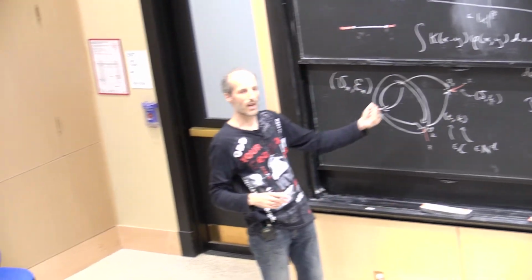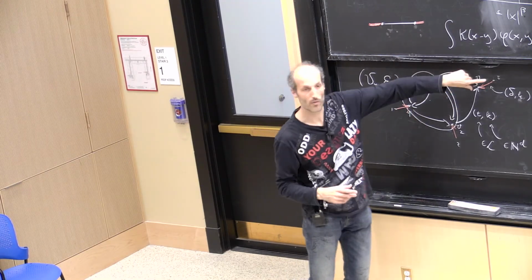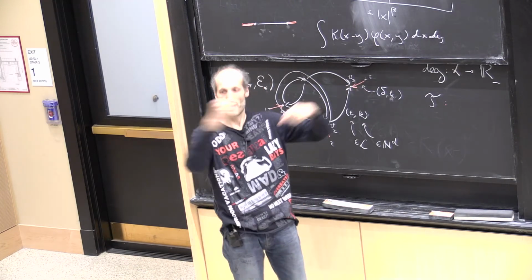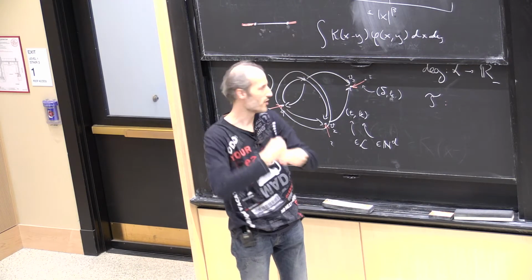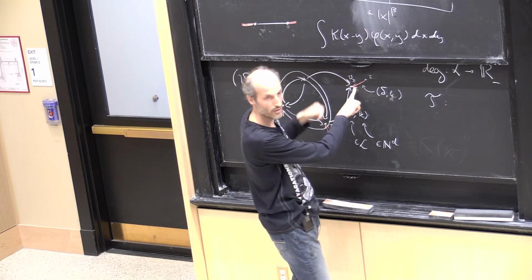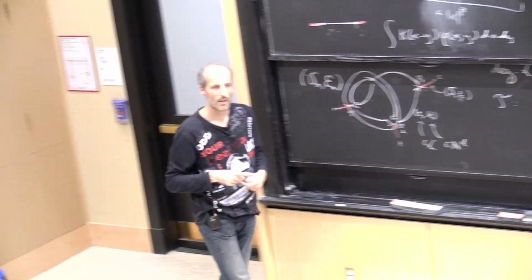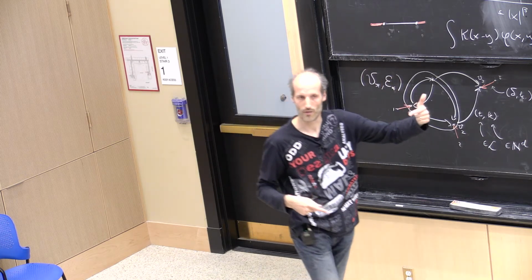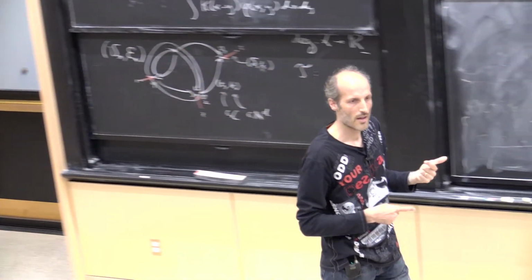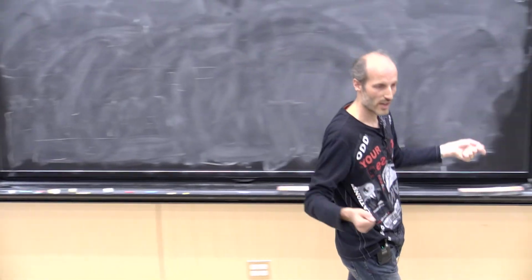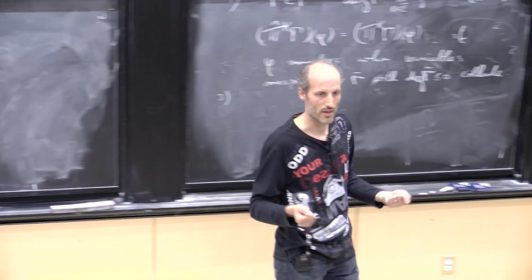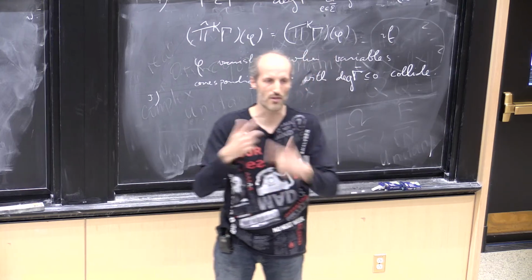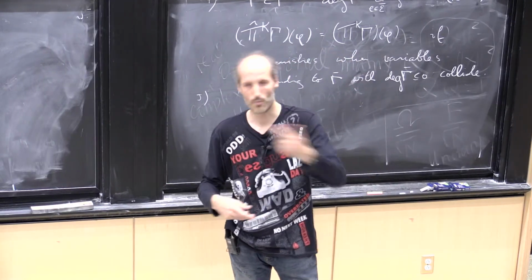I choose one of the arguments for the first one, which is like choosing one of the legs, and I choose one for the second one, and then I glue them together by just deleting the two legs and gluing the corresponding vertex here. Then that corresponds to some operation of convolution of the two corresponding distributions. And just as in the usual case, if you have a distribution in one variable, it's always possible to convolve two distributions. You can sort of convince yourself that that's always true by putting all the bad stuff